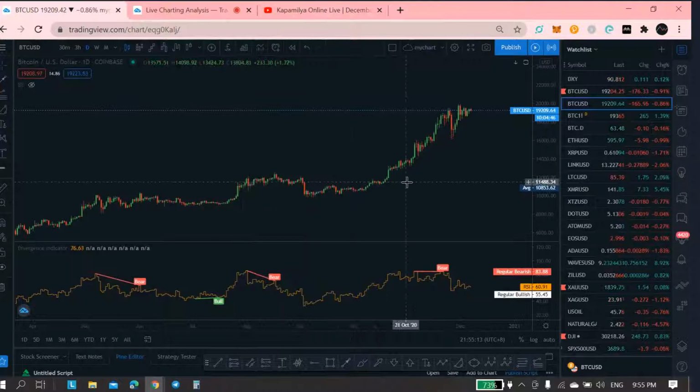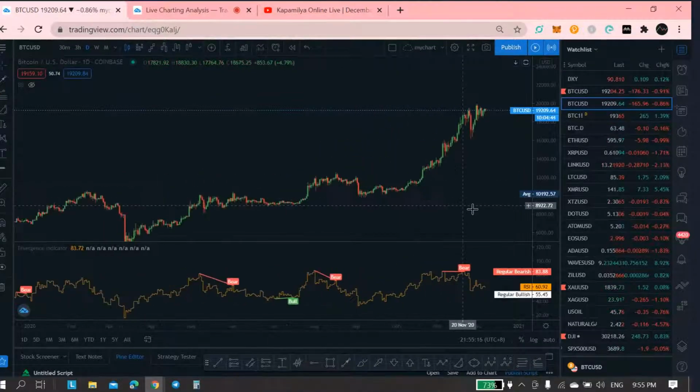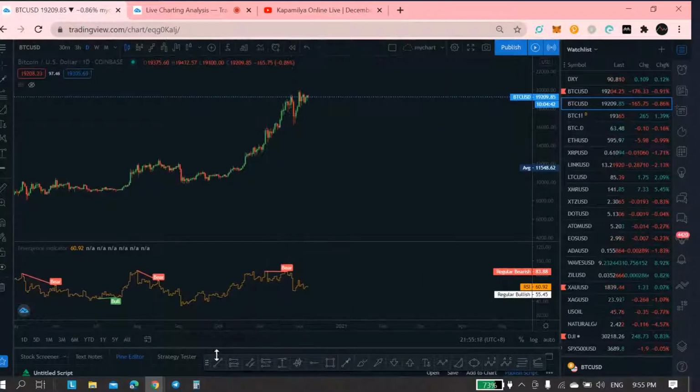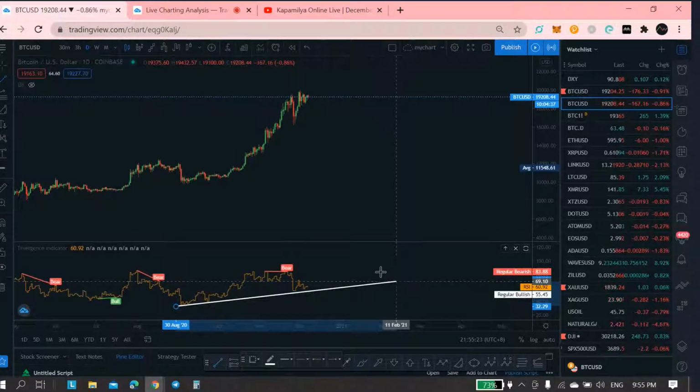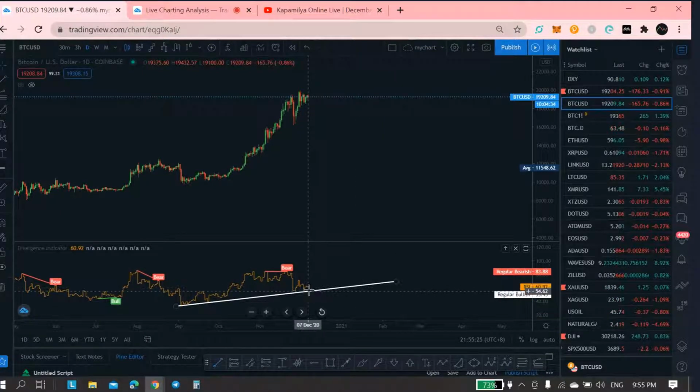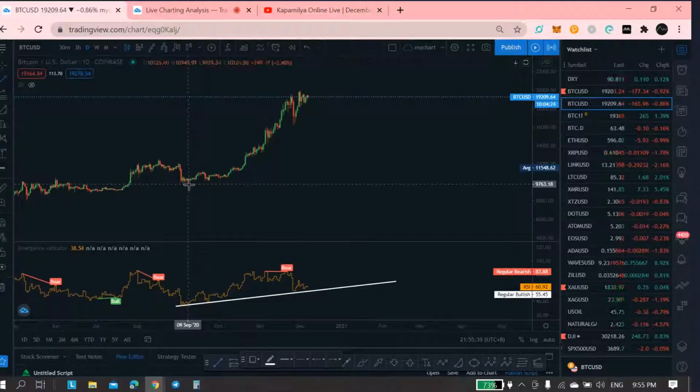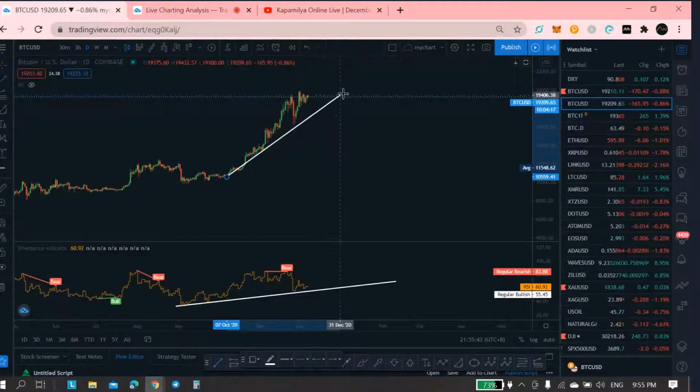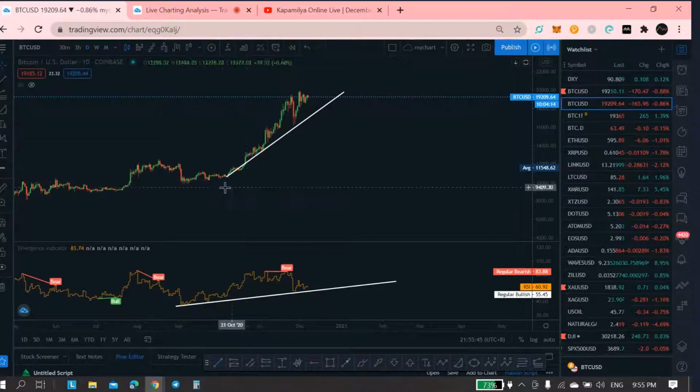And of course, you can also use it as possible support and resistance. Like for example, this area. So you can just plot a trend line there, and possibly this will be the support area for the RSI or divergence. So also here, for here, cannot make a trend line here. So I'll just use it there. So since I use it there,